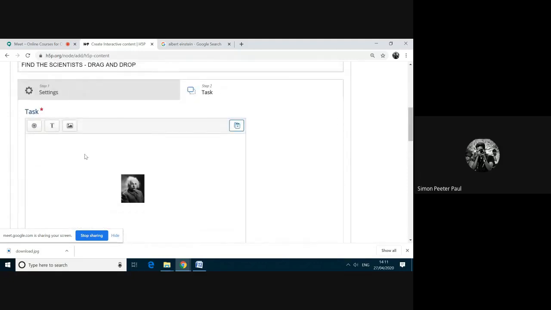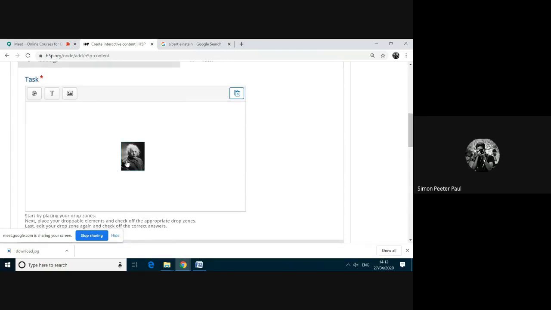This step 2 task I'm working here. I got the Albert Einstein image. I can click here and I can move anywhere here. And this one I can maximize or minimize, increase or reduce the size of the image. Okay, I think this size will be okay. I am moving here and I am keeping.